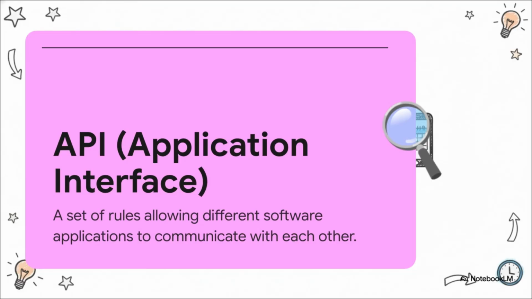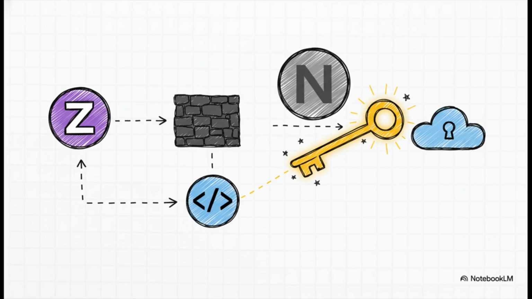The key is something called an API, the Application Programming Interface. The easiest way to think about an API is like a special messenger that lets different apps talk directly to each other to share info and get stuff done. And this is the secret weapon right here. We can completely bypass the normal limits of automation tools like Zapier by using a special step called Code by Zapier. This little trick lets us send a command directly to Notion's API, telling it exactly what we want it to do.